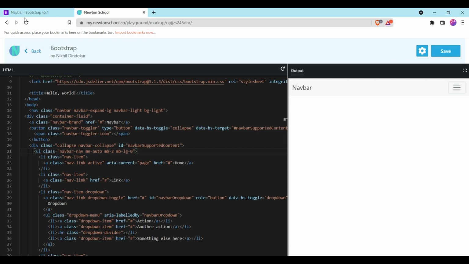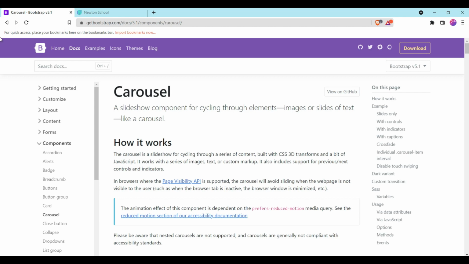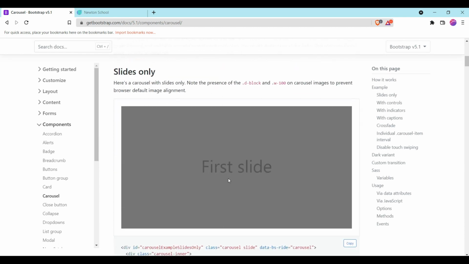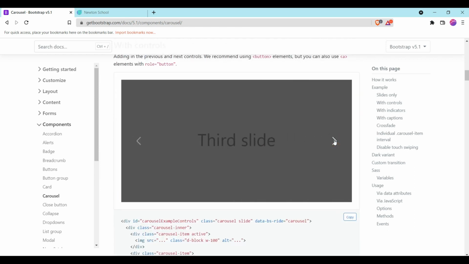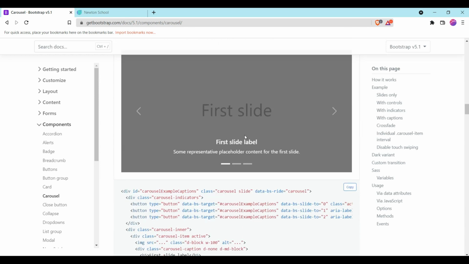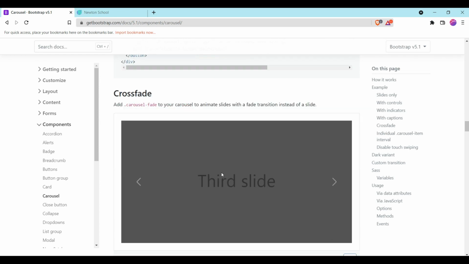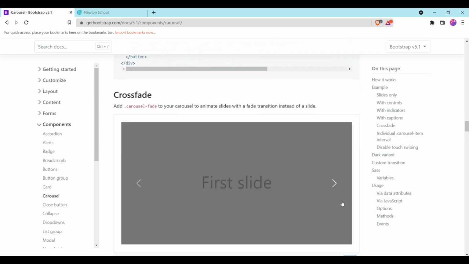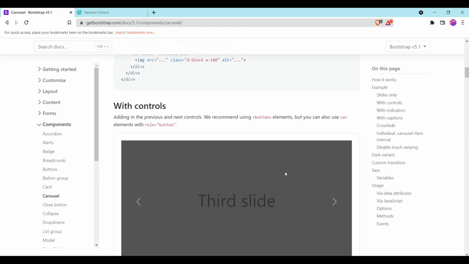And let's add the carousel. I just search for carousel in the search button and this comes. You can use the single slide only with controls like this, and you will get this third option with the indicators as well. At the bottom, the first slide, second slide, you can have the option to add text on your slides. You can add different text on every slide. Let's use this one.